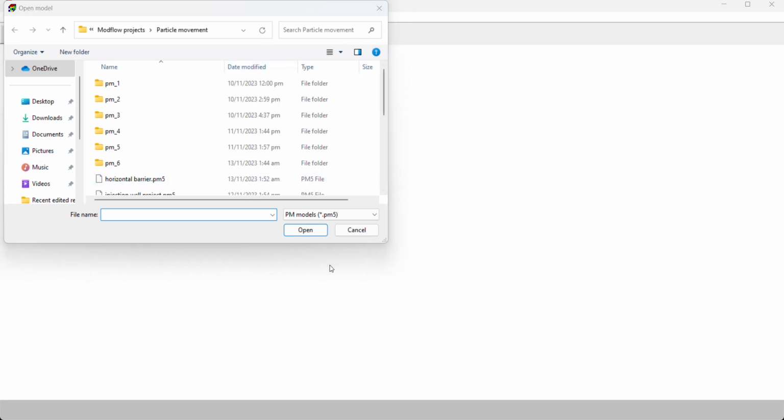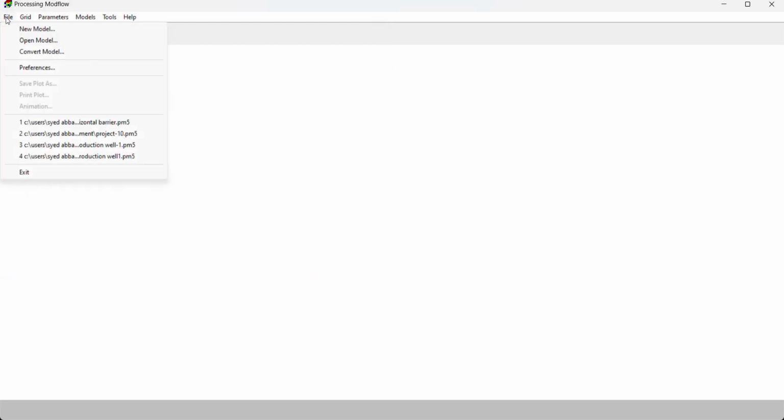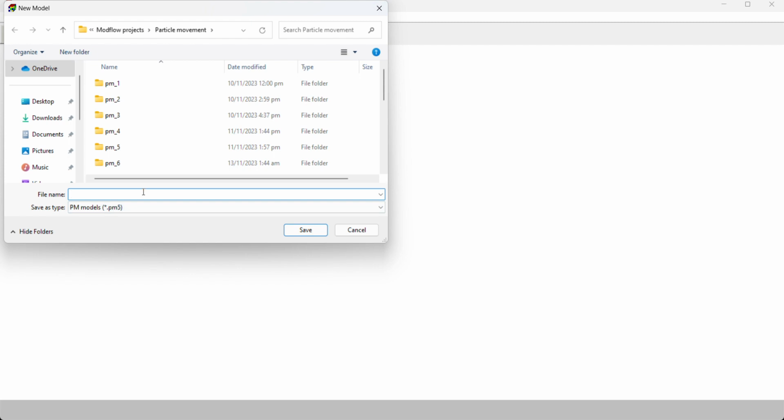Hello guys, now here we are to understand the case of production of water from injection towards production well in case of barrier. Now let's start, make a new file. It is basically a two-layer case. Now let's suppose the name of the file is injection well